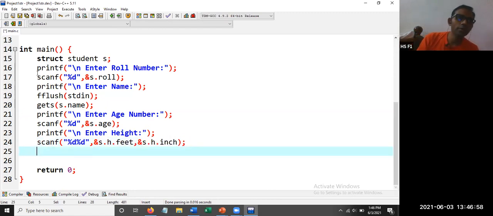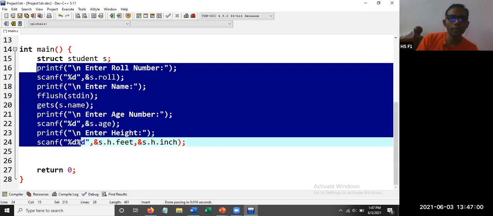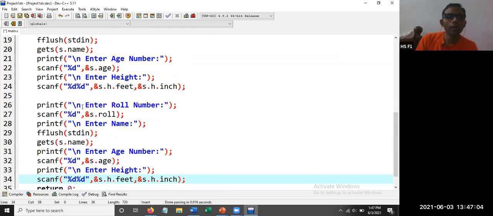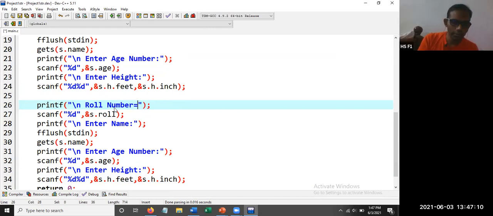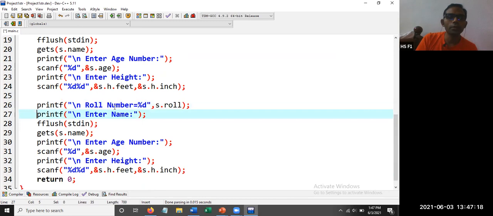So after this we want to print the values. So you're going to write printf "roll number is equal to %d", comma s.roll. So this is going to display the roll number. Then \n name is equal to %s, comma s.name.